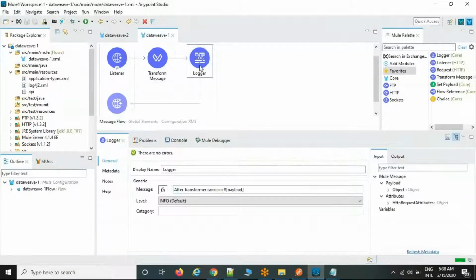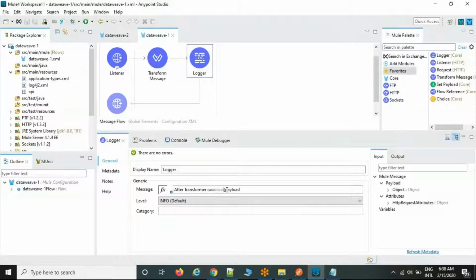And I told you last week, if you want to define everything dynamically, you want to retrieve and send to someone dynamically, then the Mule expression language syntax is hash bracket. Within the hash bracket, we pass the syntax. If you are not using the hash bracket, the system considers it a normal string only.